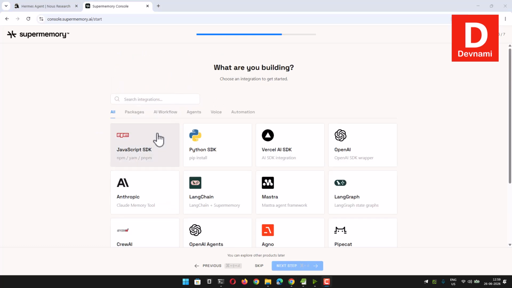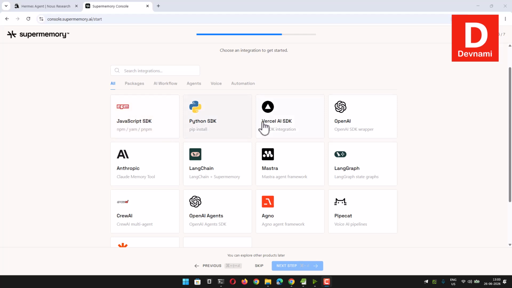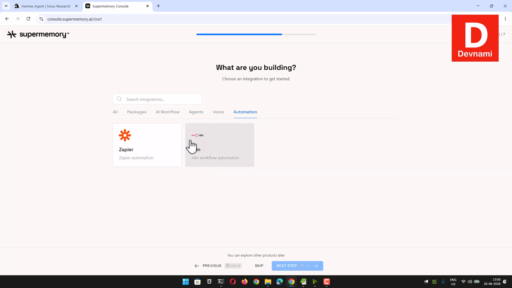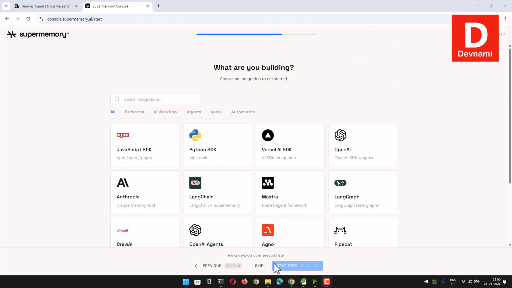So select this. Here you also have to specify, if you are doing any app development, the packages or the stack required. So if you are using it with Vercel, you have to select this. Alternatively, just select agents, and here you can see you can use Crew, OpenAI, Mastra, LangGraph and others. There are also automation options that you can use, or packages. Currently I don't see any option for, let's say, Hermes agent or even for OpenClaw. So what we can do is skip this particular step